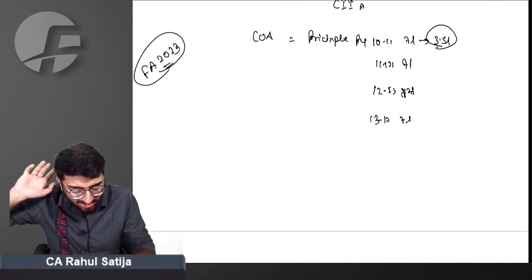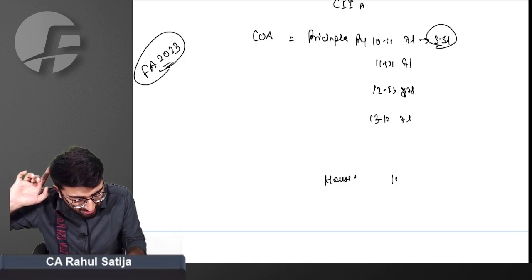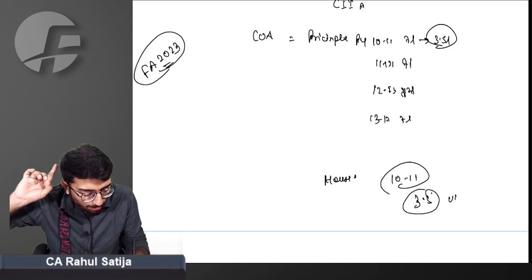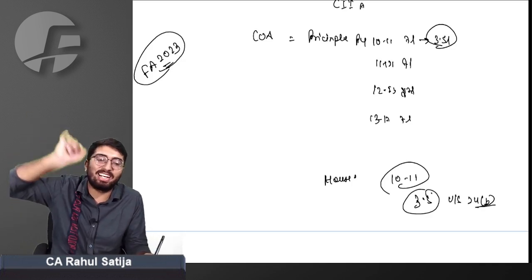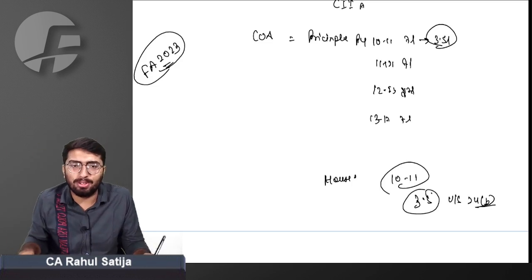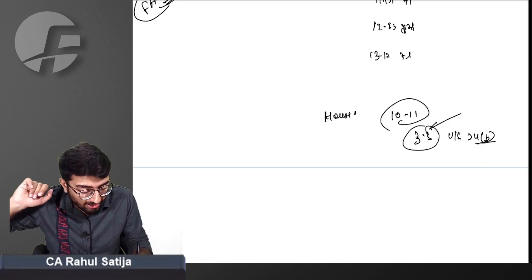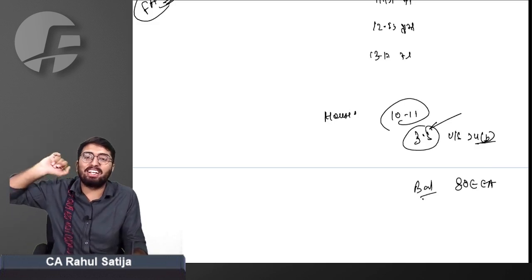You must have claimed this interest in the house property head. When you are computing income of previous year, you must have taken deduction of 3.5 lakh under house property under section 24B. Whenever you're considering income from house property, you take interest on loan paid for house property. Or if not possible, you must have taken balance deduction under section 80EEA.